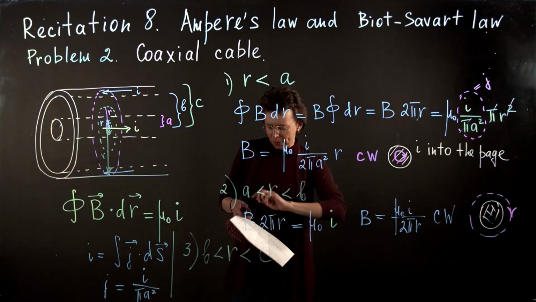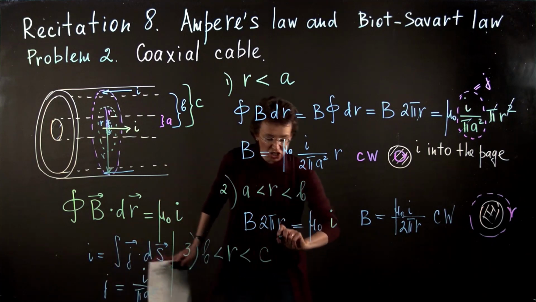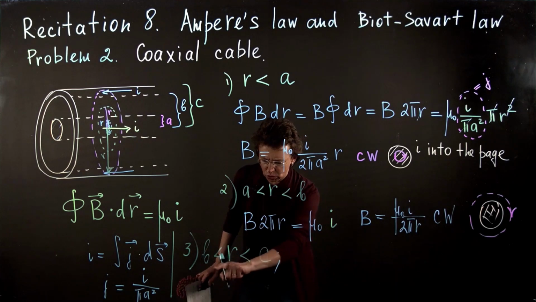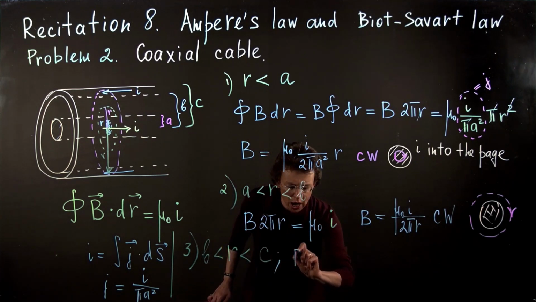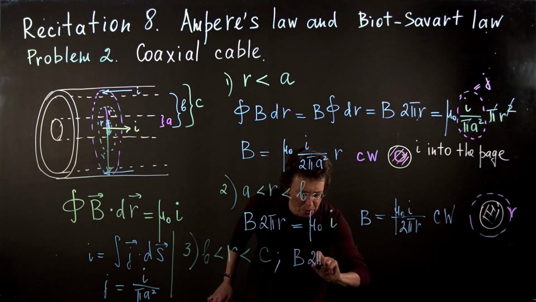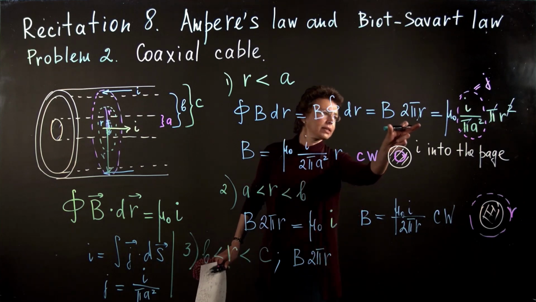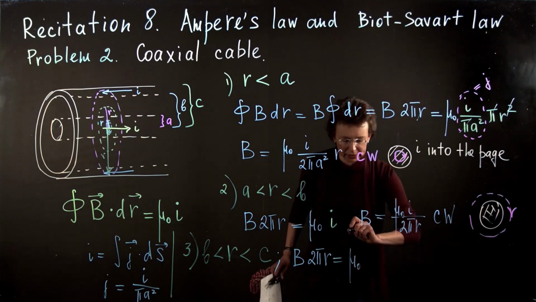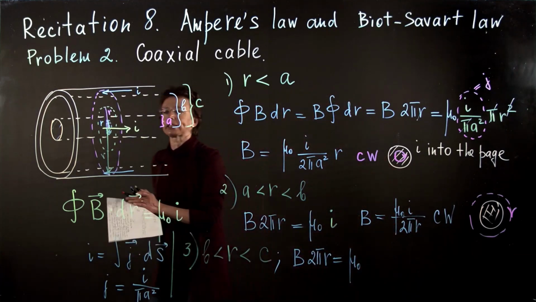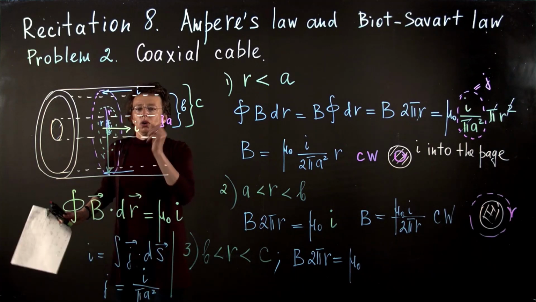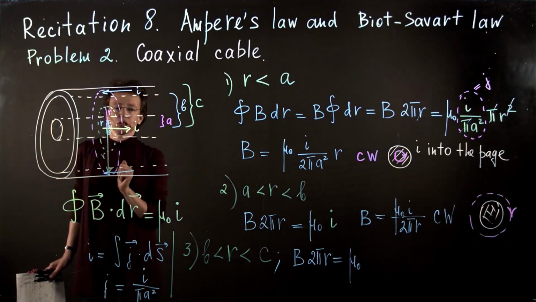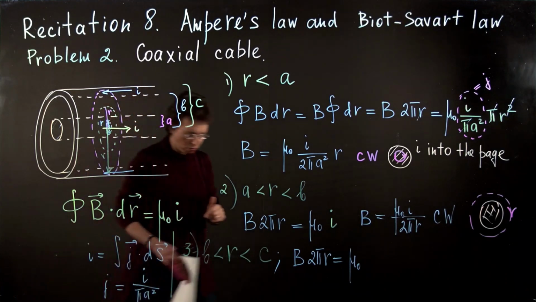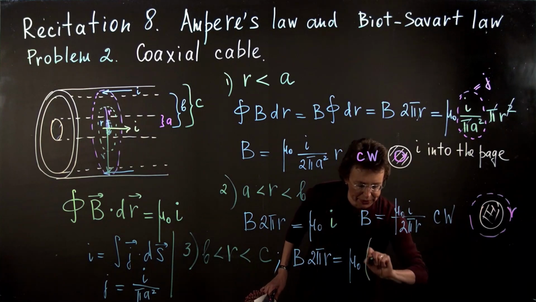Left-hand side of Ampere's law will be unchanged. So I have B. If I write here, will it be clear what I'm doing? So I'm in this region. And now I write B times 2 pi r. This is the left-hand side of Ampere's law. It is equal to mu naught. And now we have the most interesting part. We need to find out what is the current enclosed by this loop. One part is easy. Obviously, current I is enclosed by this loop. So I open parentheses and I put I.